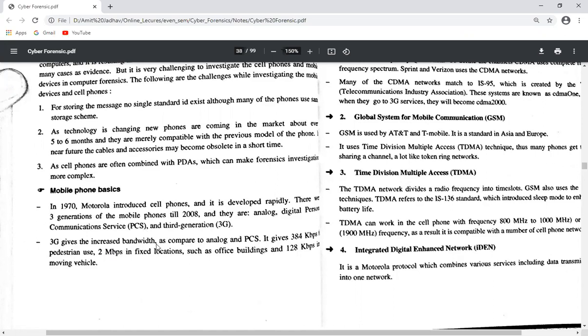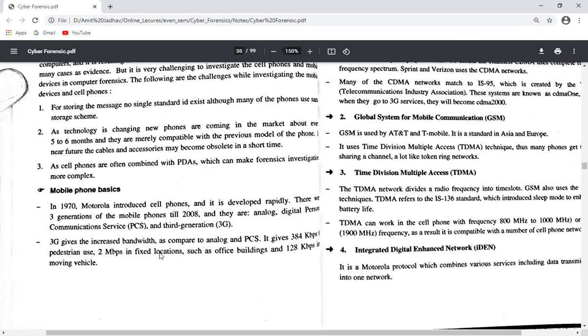3G gives increased bandwidth as compared to analog and PCS. It gives 384 kbps in a variable location, which is very small because the location always changes and the network cannot be continuously available for the mobile.